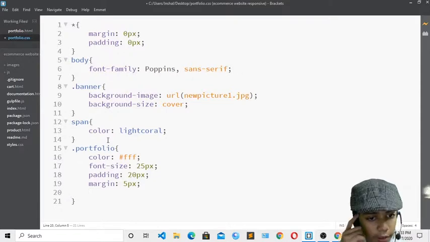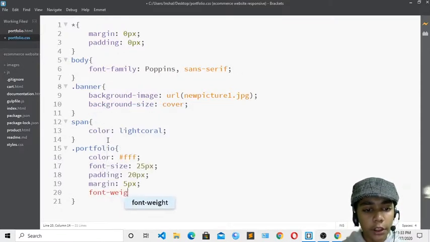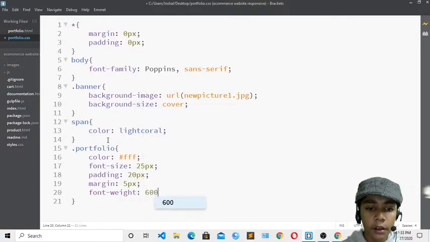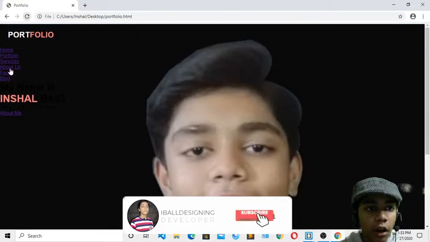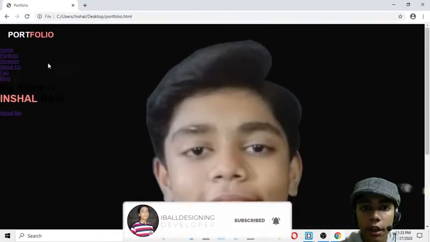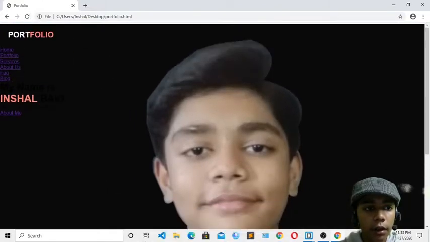And the font weight should be 600, I want that. If I save and show you, here you can see how it is looking, it is good. It is looking really cool. So now we have styled this portfolio.